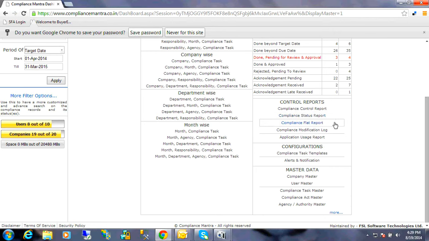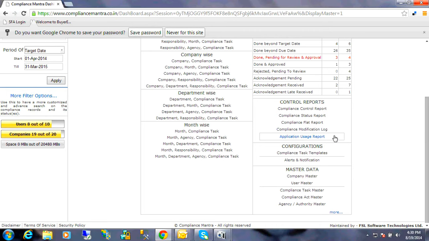The compliance flat report is a one-click report which lists out all the compliances irrespective of the status. The modification log records the entry of all the changes and the modifications done in the schedule of the tasks in the software.